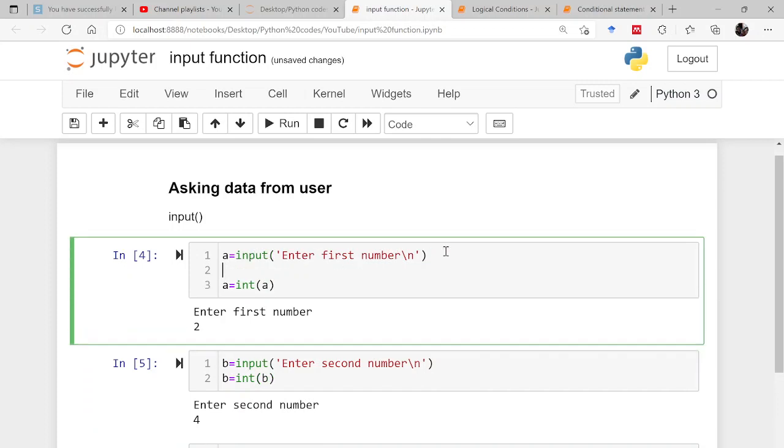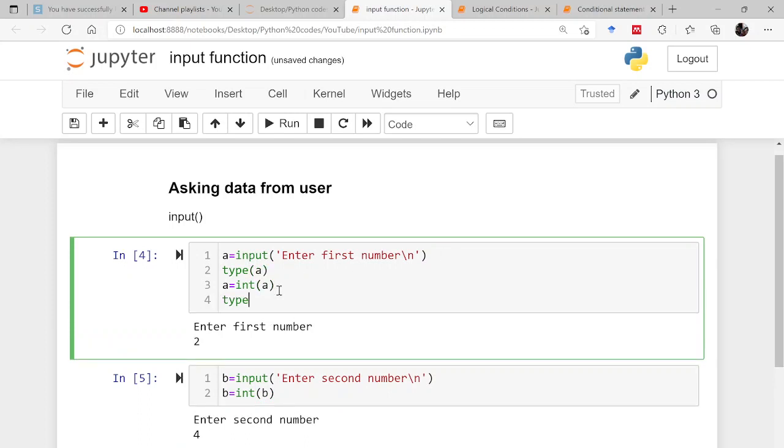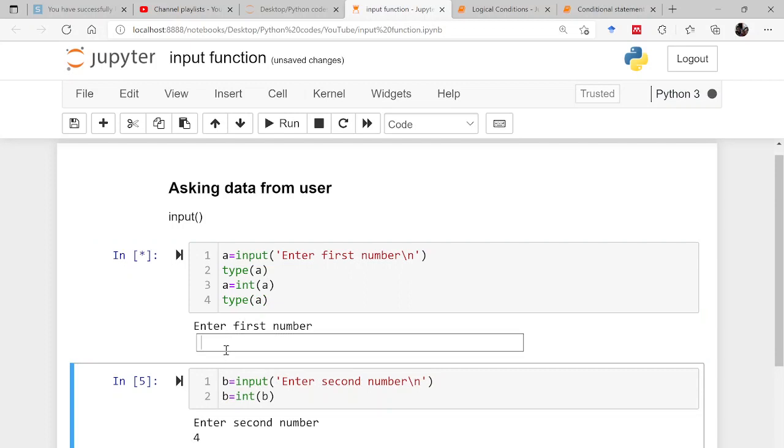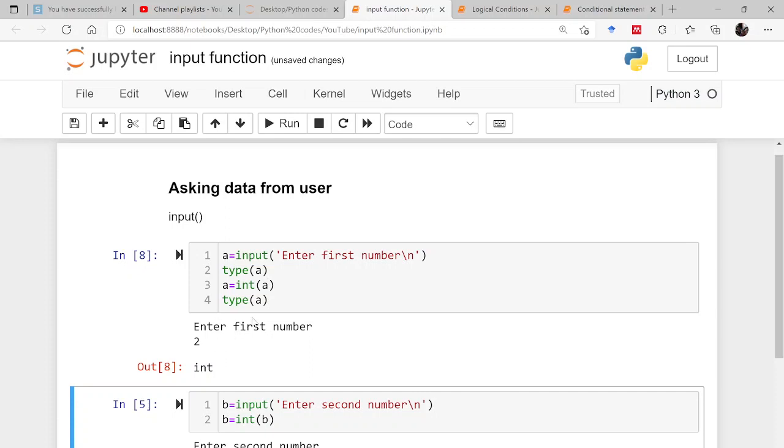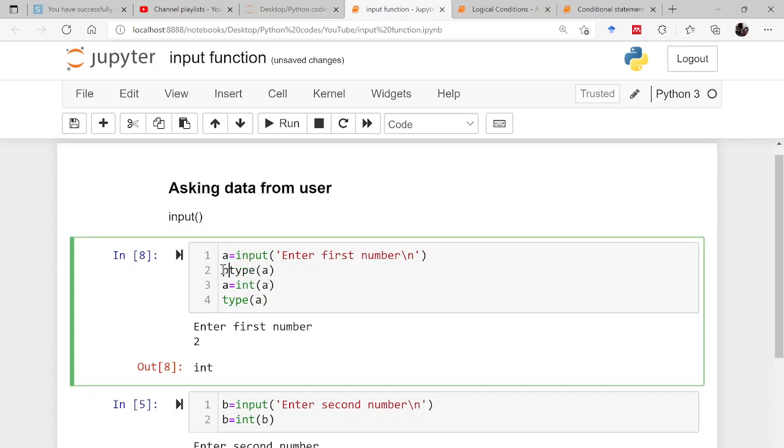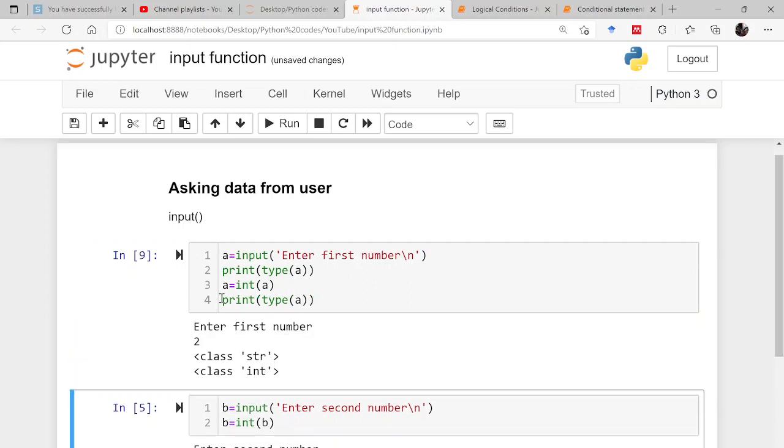Let me print this first: print type of a, and here also print type of a. So let us say I enter 2. The moment I give this 2, the type is string, and after typecasting it has become integer type.